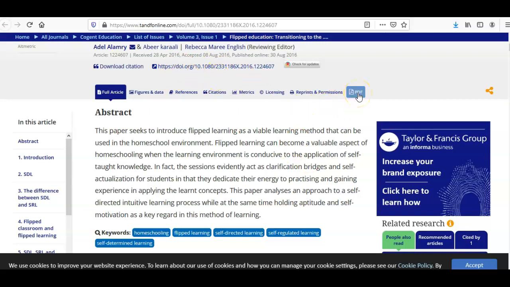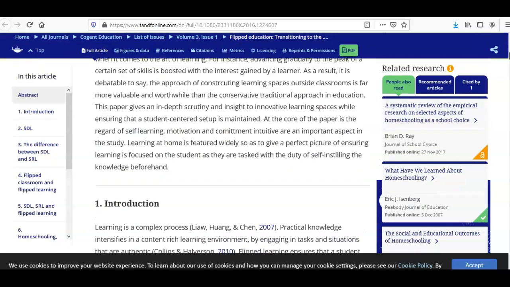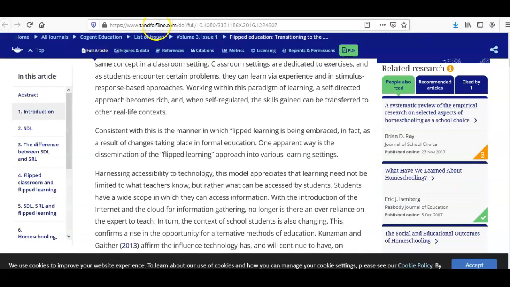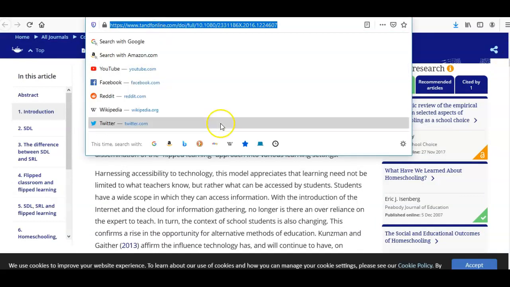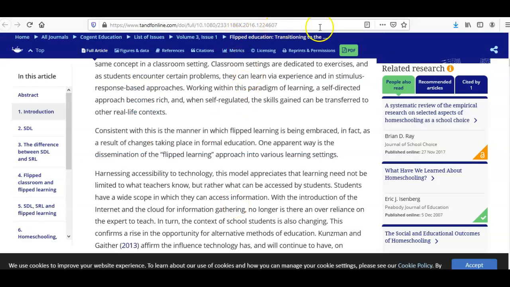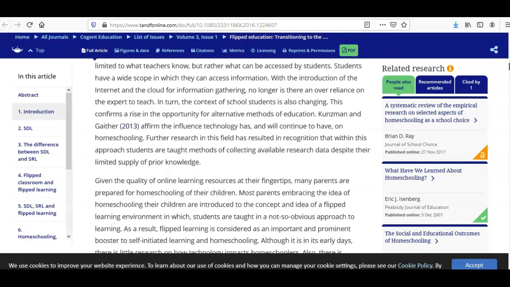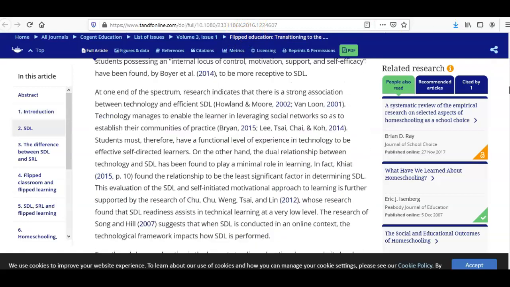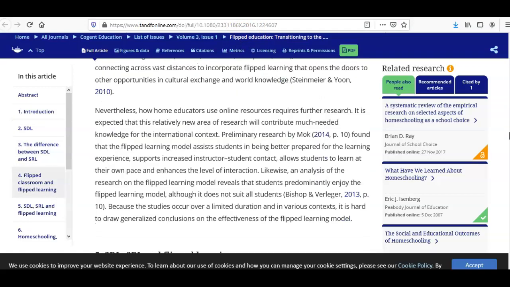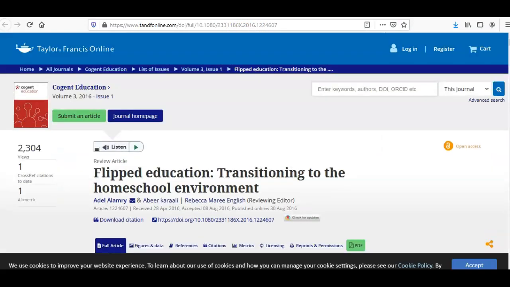This one actually has a PDF, but the full article is showing up here. So if you were going to use this as a source, you would copy the link at the top of your page and you would have your link to your source that I usually require. There's a whole article, lots of stuff in here. So if I wanted to use that, that would be great. I might even find a few more. It depends on the assignment.